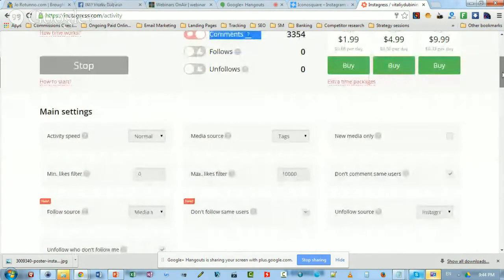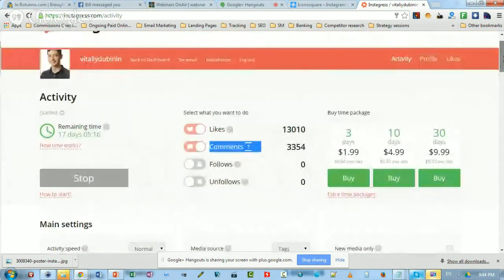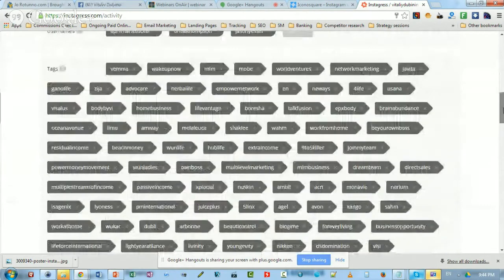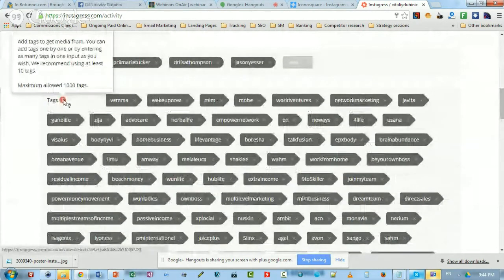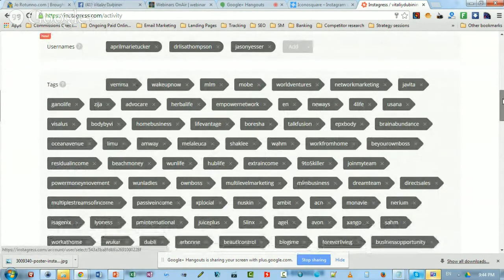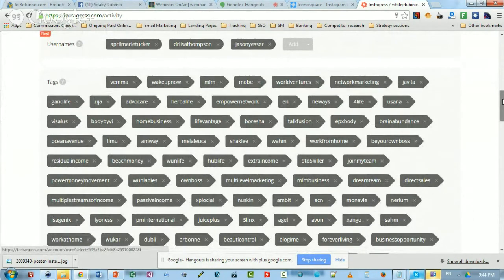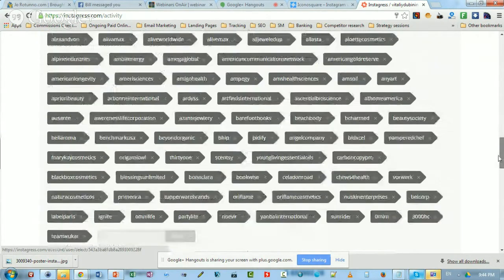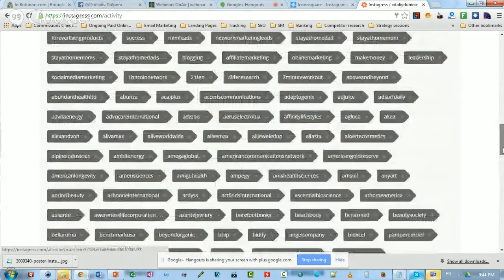So this is cool. And how it works is, you see those tags, those are hashtags. As part of your hashtag research, you can add as many hashtags as you want to Instagrass, and then the software is going to search for the hashtag, pull out different posts and images of other people, and then leave comments that you set up here on autopilot, on automatic.